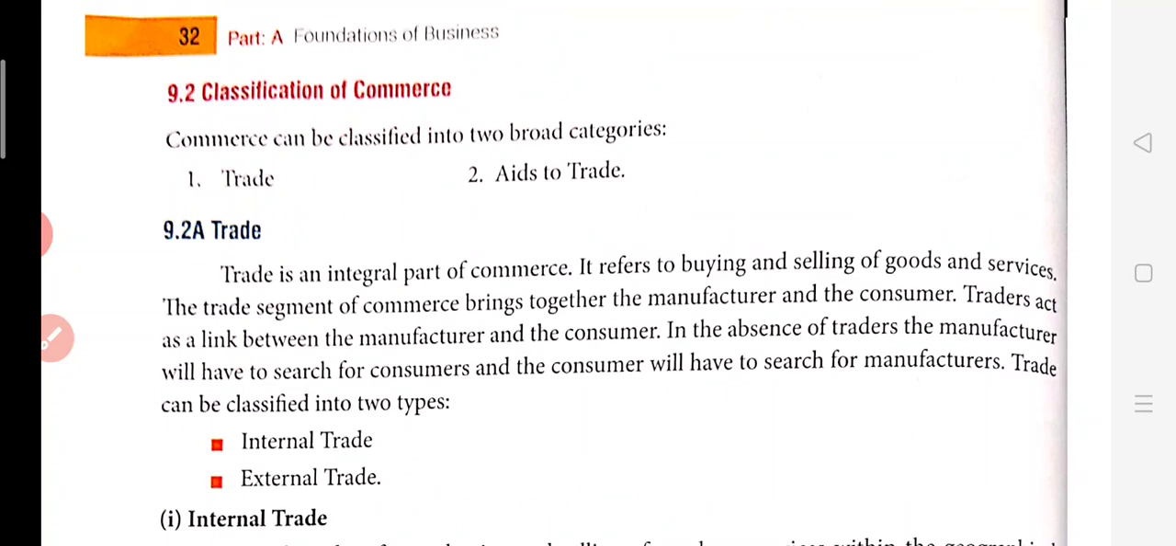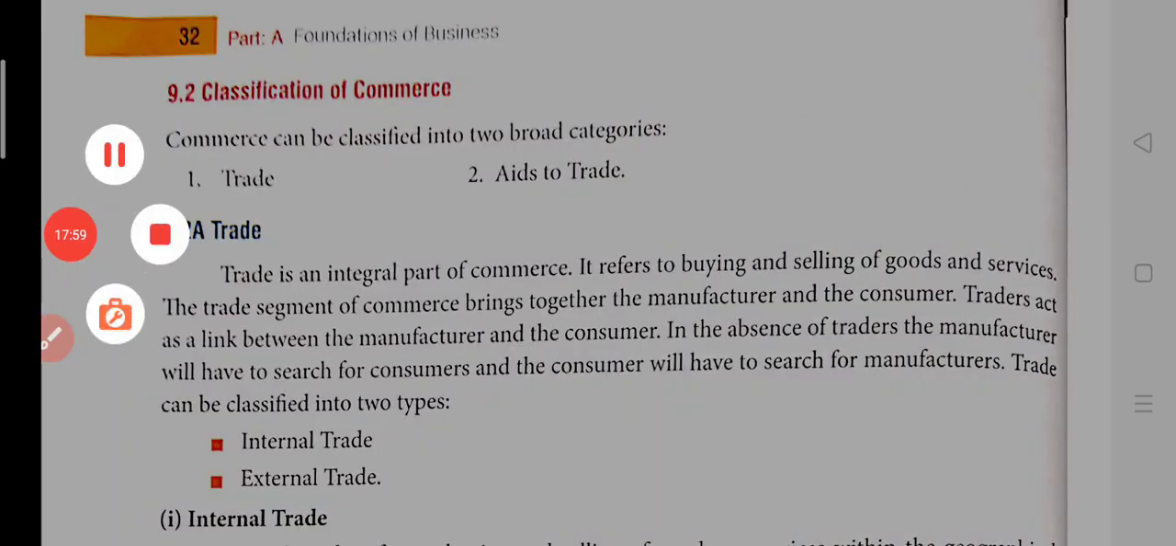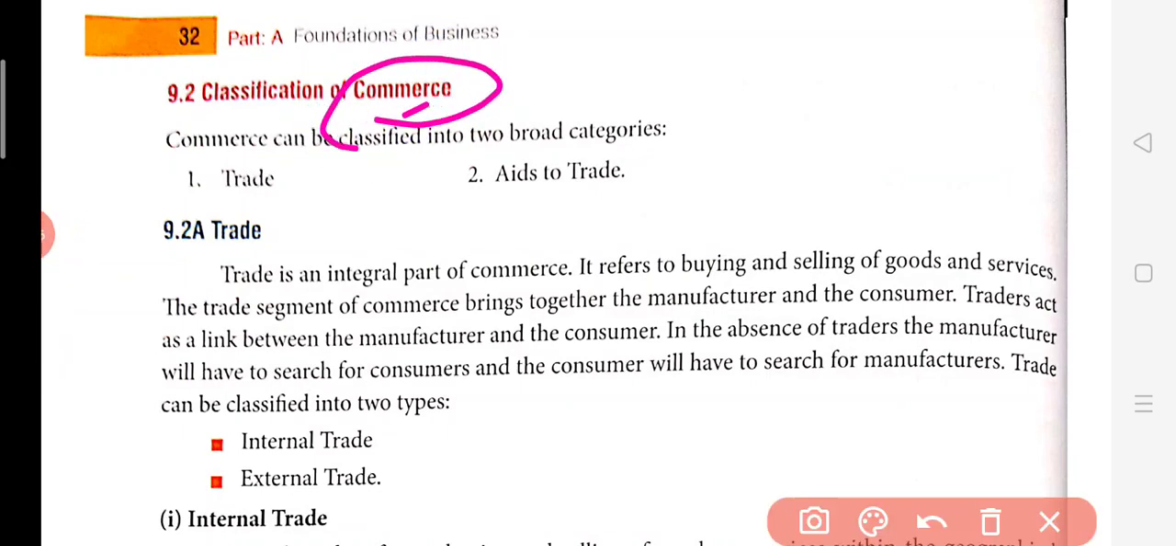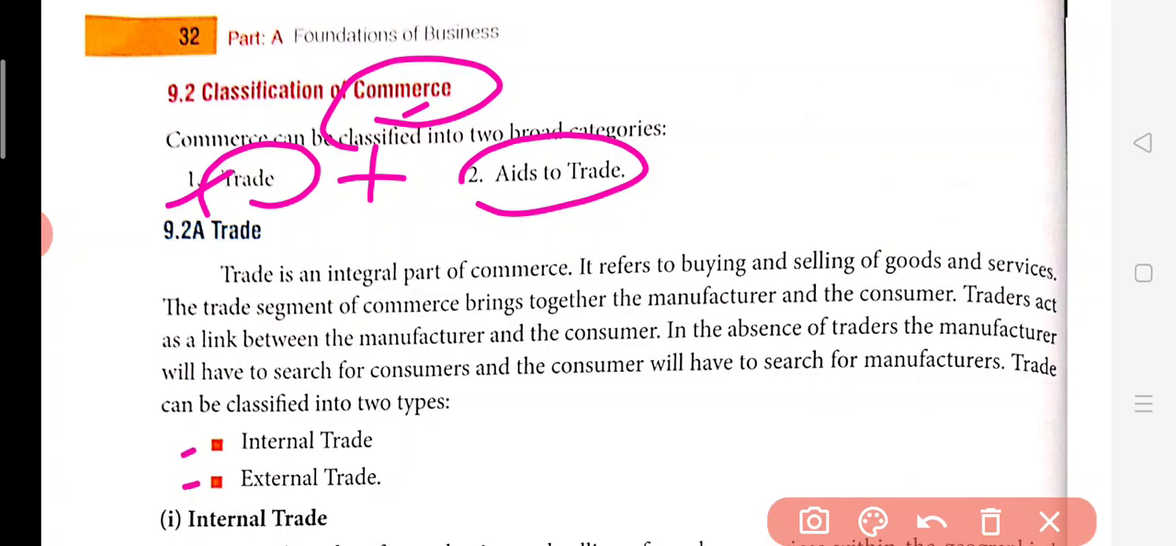Now we'll go through the classification of commerce. Here we can classify commerce into two things. When we say commerce, it is the addition of two things, that is trade and aids to trade. When we say trade, we talk about internal trade and external trade: trade which is going on inside India, and trade which is going with the rest of the parts of the